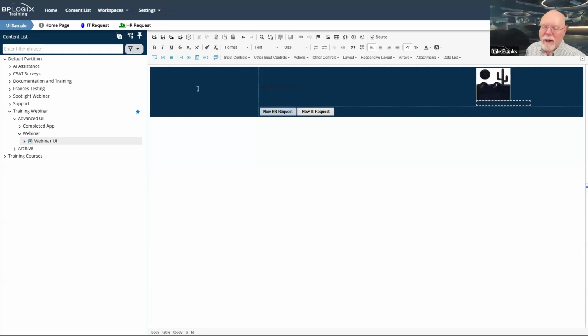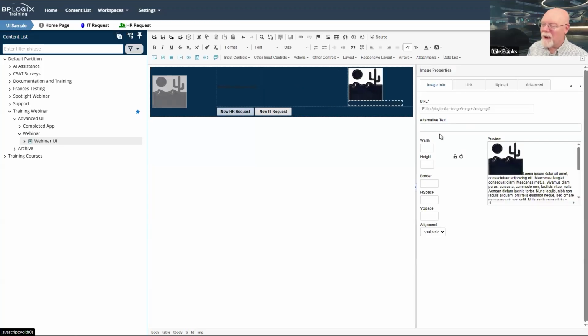Now, I deleted my logo because I don't particularly like that logo, especially on this blue background. So I'm going to click my image control. Oh, I closed the design console. So I guess I better open that back up.